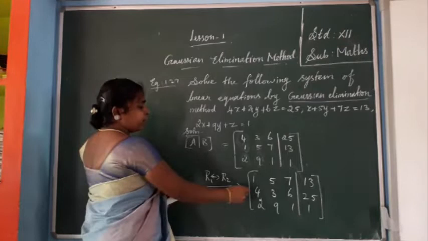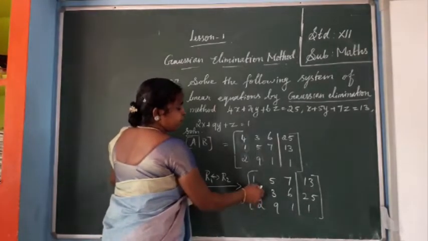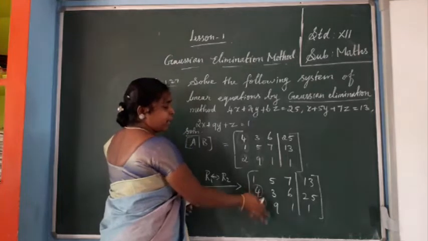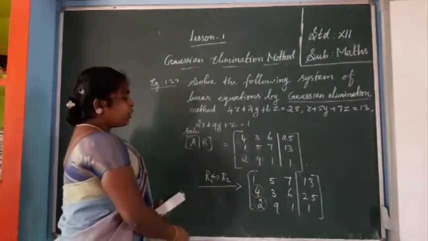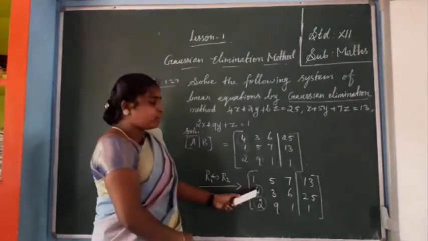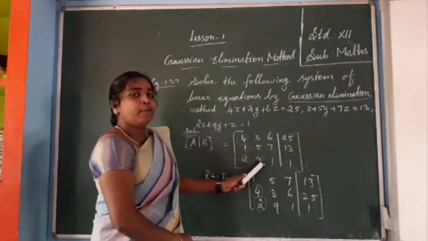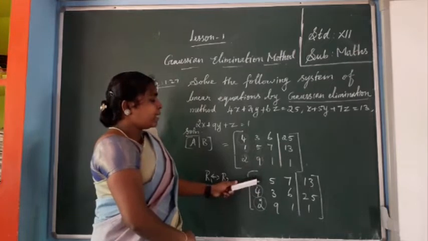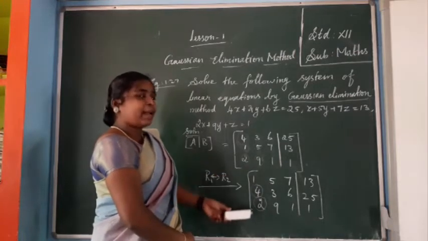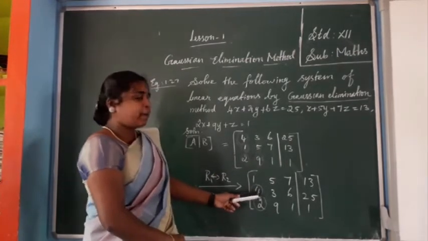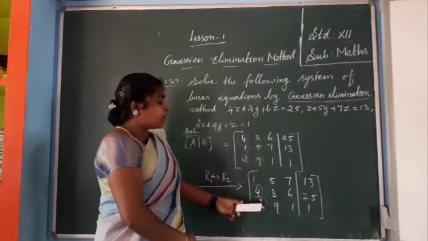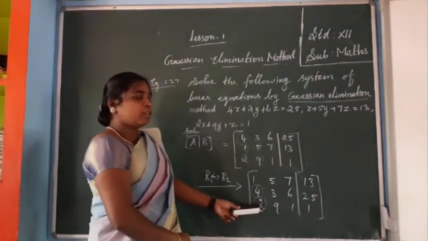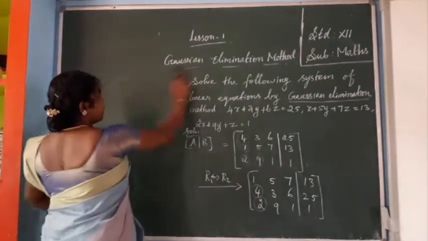Okay, next what do you want to do? So you have to convert 4 into 0, convert 2 into 0. You have to eliminate 4 and 2, isn't it? So if you want to eliminate 4 and 2 means you should use the first row. Okay. So in first row, first element is 1. Instead of 1, 4 is there means we can eliminate this element, isn't it? Instead of 1, 2 is there means we can eliminate the third row, first element.